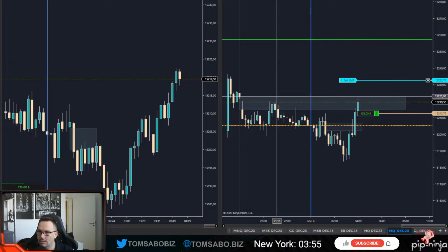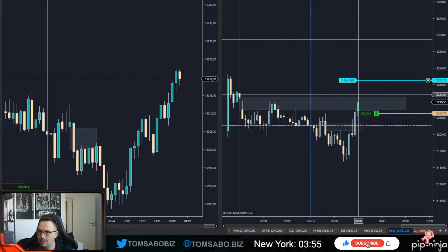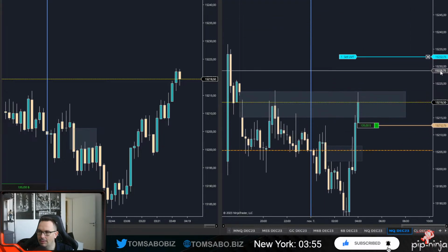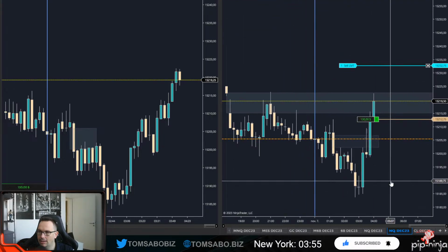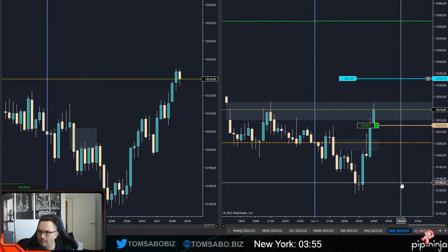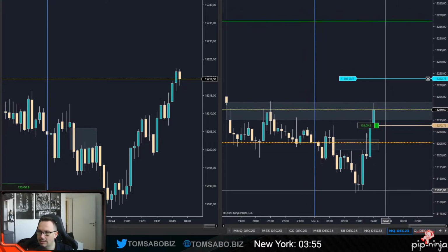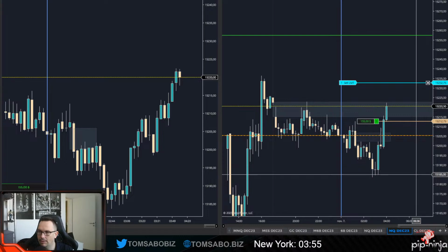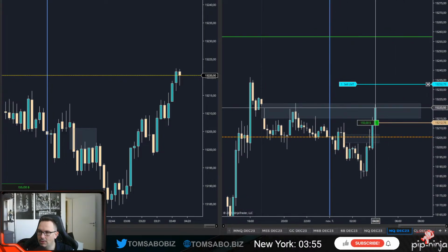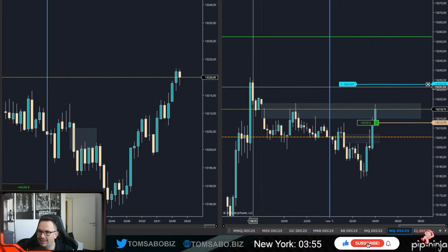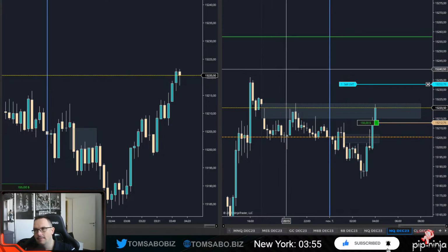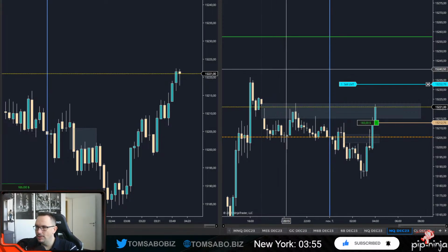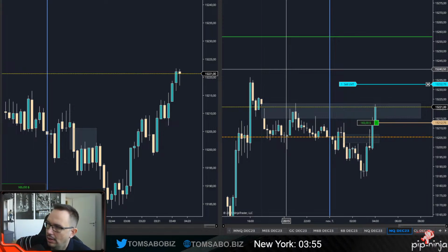If it closes above this with an up close candle, I would just put it to break even. If it takes me out, then I just put it to break even then. Or with a small loss, maybe, just to give enough wiggle room for it. But I want to see this go up, take out this high, and that would be enough for the London